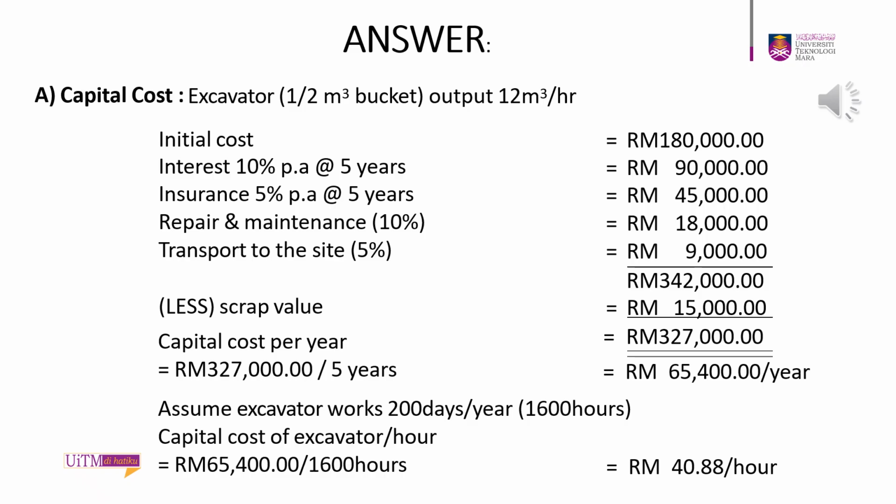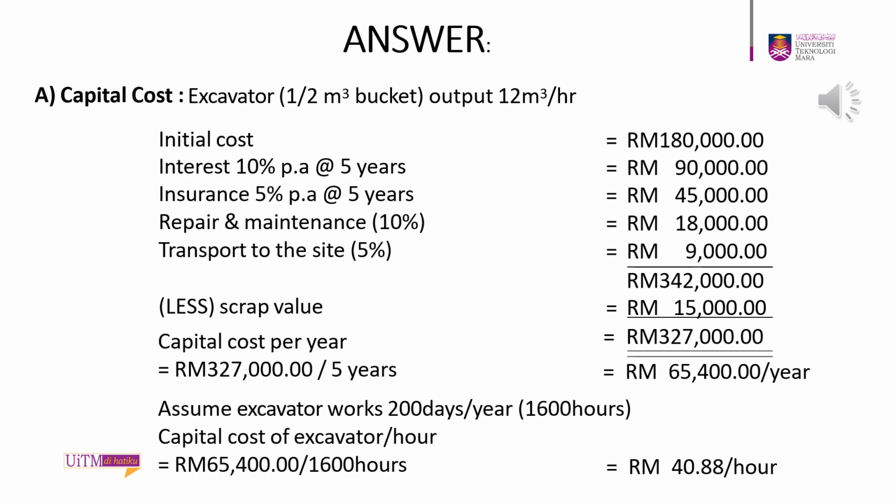Spreading this over 5 years gives a yearly capital cost of 65,400 ringgit. Assuming the excavator works 200 days a year, or 1,600 hours, we divide the yearly cost by 1,600. This gives a capital cost of 40 ringgit and 88 sen per hour. So 40 ringgit and 88 sen per hour is the cost of owning the machine before adding fuel, operator cost,